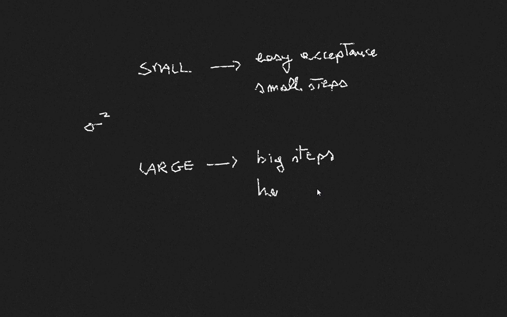But you're having a hard time getting acceptance. So, I mean, it's not obvious. It has to be tuned, and there are a number of algorithms that tune this sigma squared along the way. They change it automatically depending on some other things, like the history of your process, or the values of H, or whatever. Otherwise, it has to be tuned by hand,